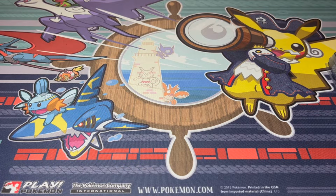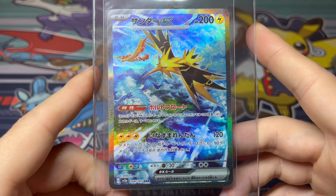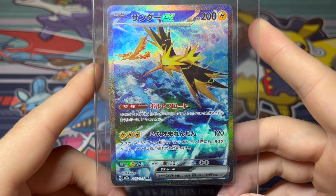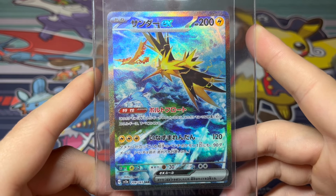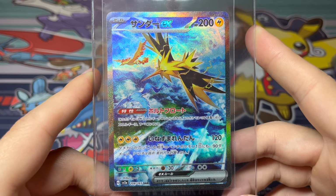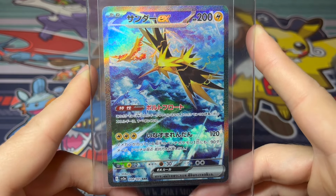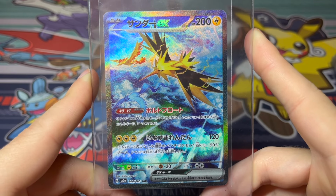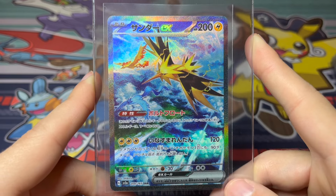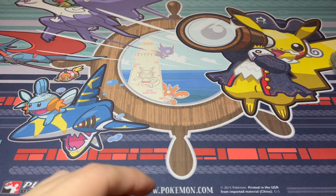And last but certainly not least, got a special art Zapdos EX. Really, really nice. This is one of my favorite modern cards. Just so fantastic. I've got it in English and in Japanese. Pulled it myself in English, which was an amazing experience. But picked up a Japanese copy, sending off, hopeful for the 10, will be a great addition to my modern special art collection. So that will do it for this submission, just about 45 cards that I wrangled together and